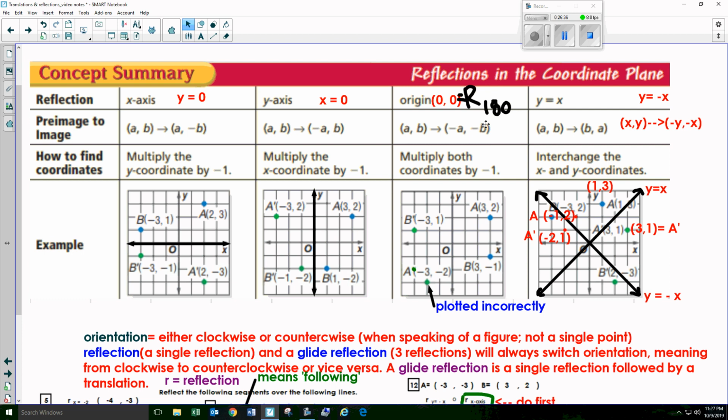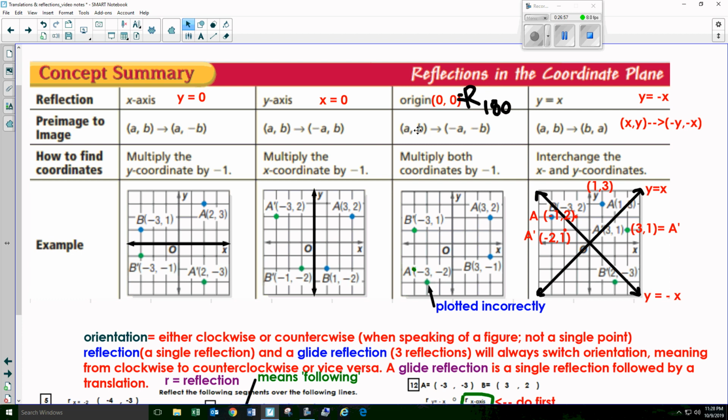So rotation of 180 is guaranteed to be on the DCAS. I'm just telling you, it'll be on your assignment here and on your test. You'll see it at the end of the Module 1 unit test, because again, you're going to see it on the DCAS as well. Okay, guaranteed. The simple rule to remember for that is just